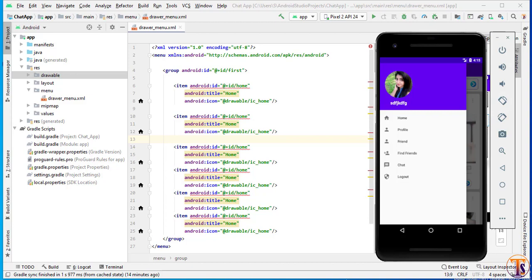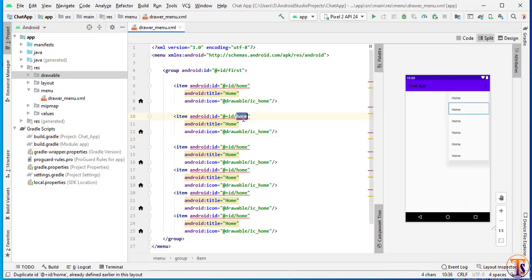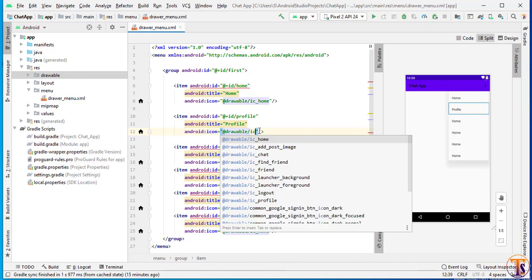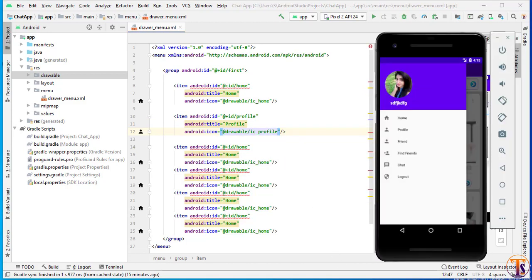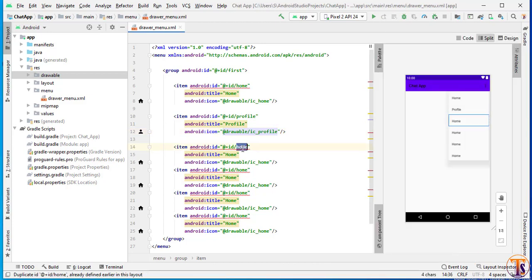Okay, now next one is our profile. So I'll select here profile, title profile, icon ic profile. Then friend, and type here friend.